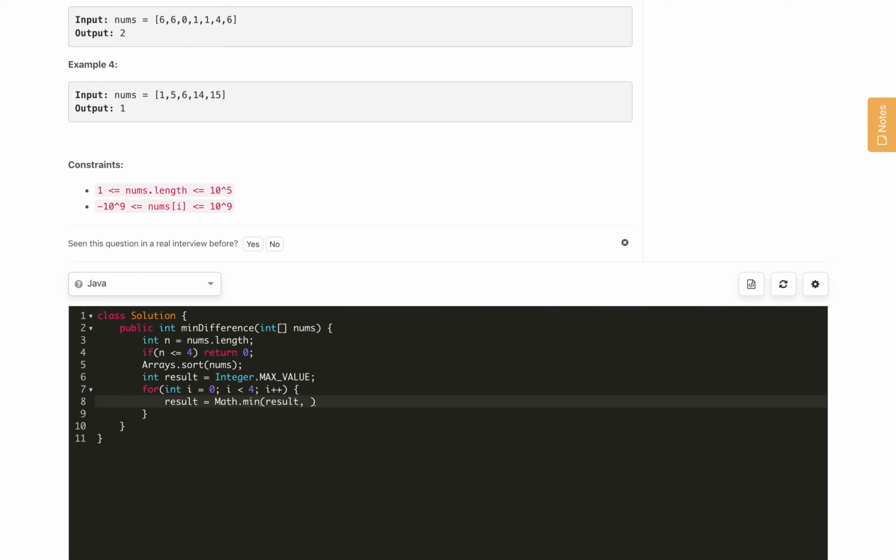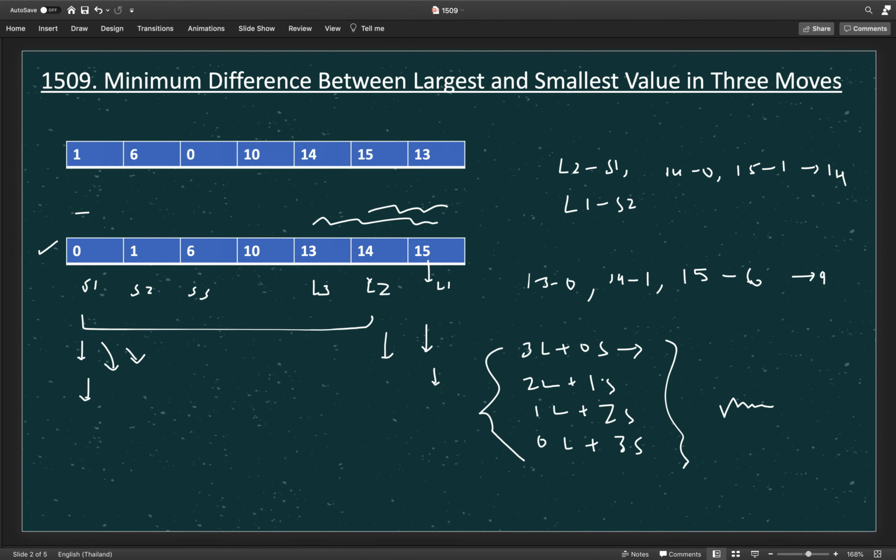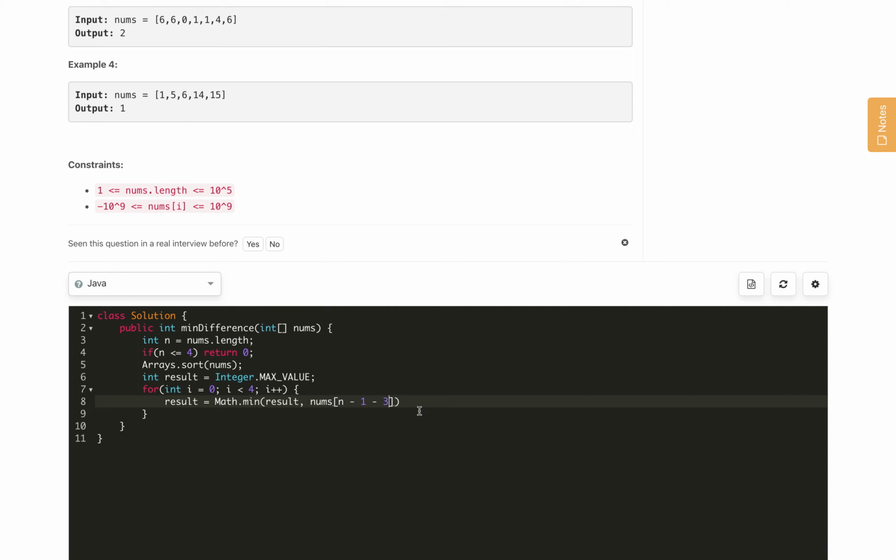and the smallest. Let's say in the first case we didn't change any smaller value, the first case is all the largest. So this will be nums of n minus 1, which is the index of the last value, minus 3, like we can go 3 previous. As per this array, for the first case, if we change all of the 3, this is our n minus 1 index, so we will go 3 back here. So the largest value of our array is this value, which is 10. So in this case we come to 10, and then plus the i, for looping over, minus the